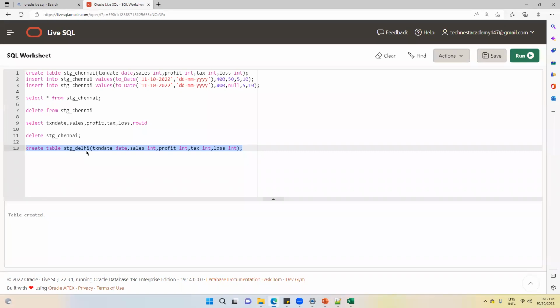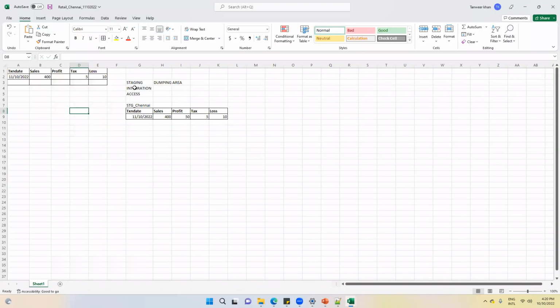Maybe a follow-up question: what if you don't do the cleaning in the staging area and you just bypass it to the other layer? I don't recall what layer that was, but integration. Can that happen? So for instance, if you bypass this, in the integration layer, can you clean that data? Good question, very good question. Tanvir, I don't want to do this cleaning in the staging directly. I want to do it in the integration layer, right?